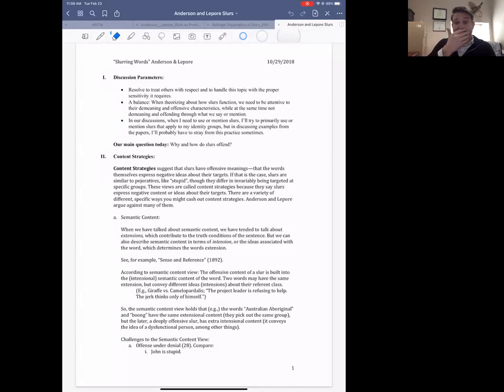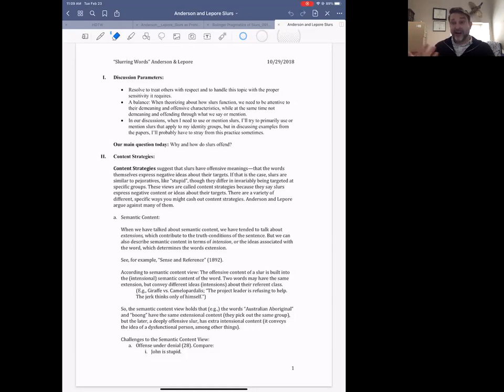This week we're talking about slurs. We're applying the theory, once again, that we've developed over the first 6 weeks of the term, our general theory of pragmatics, to discuss slurring words. So the concept of slur words: these are words that speakers use to demean and denigrate particular groups of people.